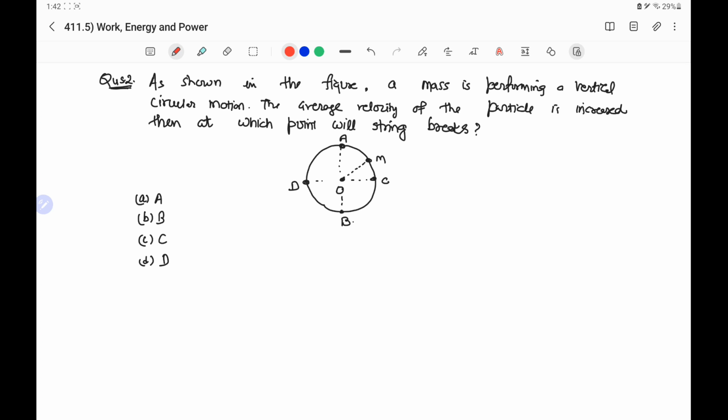Because we know that the tension in the string will be maximum at the lowest point, because the weight mg is acting downward and the tension at point B will act upward and the velocity is say vB. So we can write TB minus mg, this is the net centripetal force, and it will be equal to m vB square by r. Therefore, the tension at the point will be maximum and it will be equal to mg plus m vB square by r. So as the velocity at the point increases, the tension also increases. Therefore, there will be a point where the tension is so high that the string breaks. Hence option B is the correct option.